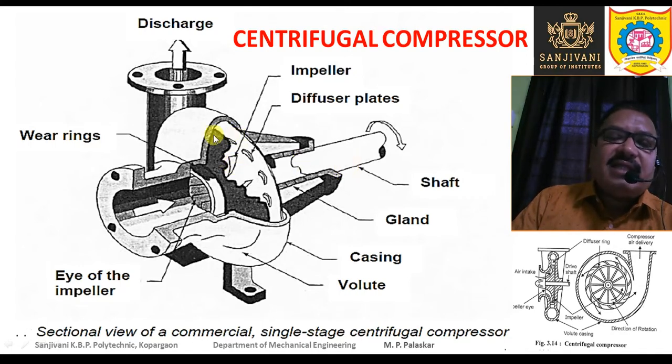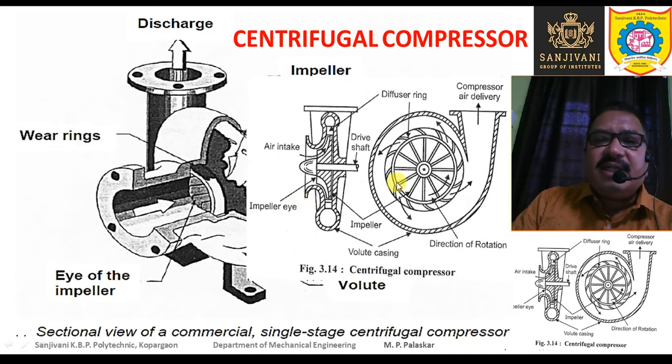So these discs are circular, and this impeller disc will rotate, and due to that the kinetic energy is imparted to the air. We have one more picture, or figure. You can compare this figure with this picture. If you look in this direction, the centrifugal compressor will be seen like this. If you look in this direction, then it will be seen like this. So one is the front view, the other is the side view.